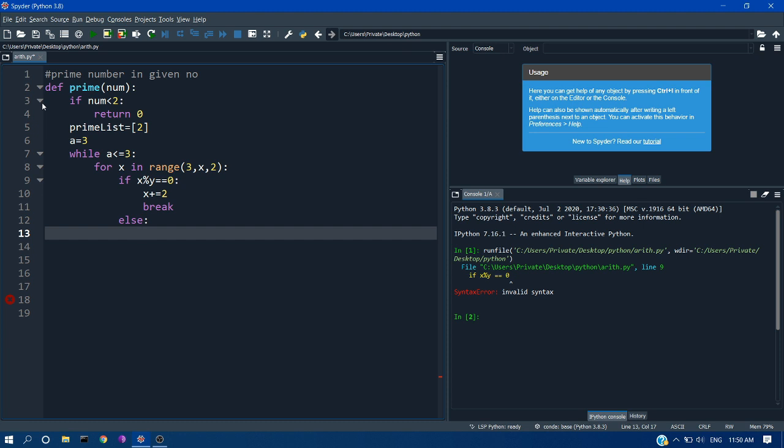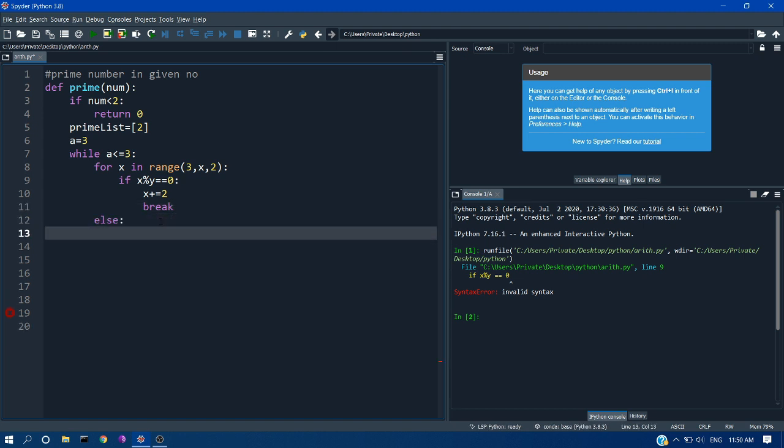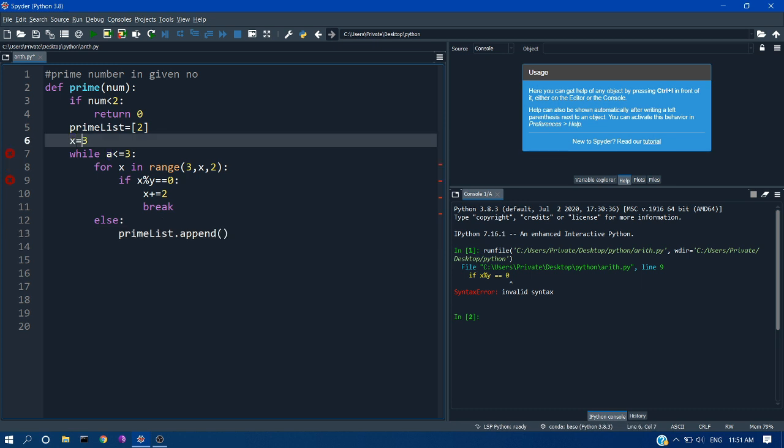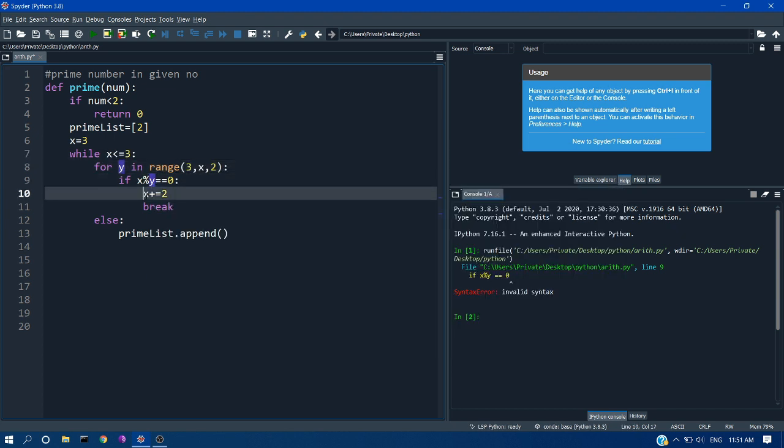If the number x is not completely divisible by y, then we should, okay, this is not if else, this is for else. Just make a note of it. And in the else part, we will just append the number x to our list, which we created earlier, which is our prime list. So this process continues, and then we will get the prime numbers within the number which we pass as argument to this function. So instead of a, there we can make x less than equal to the number, and we can use y here. Okay, this is the slight change you need to note now.